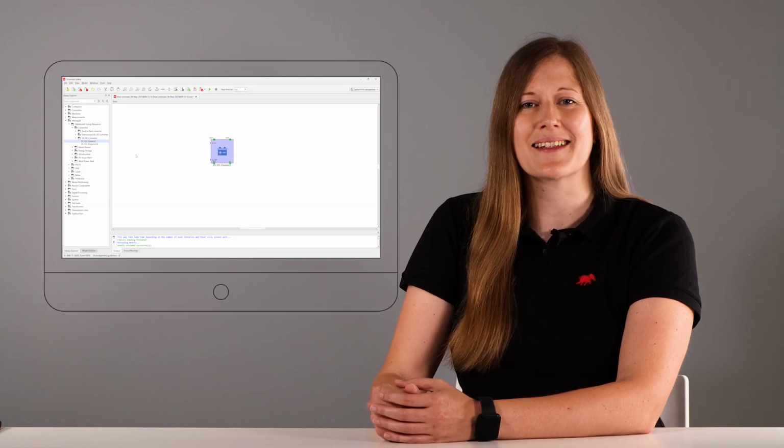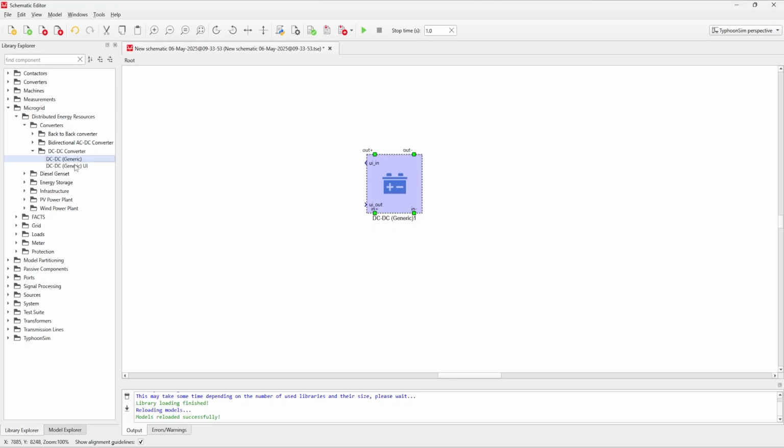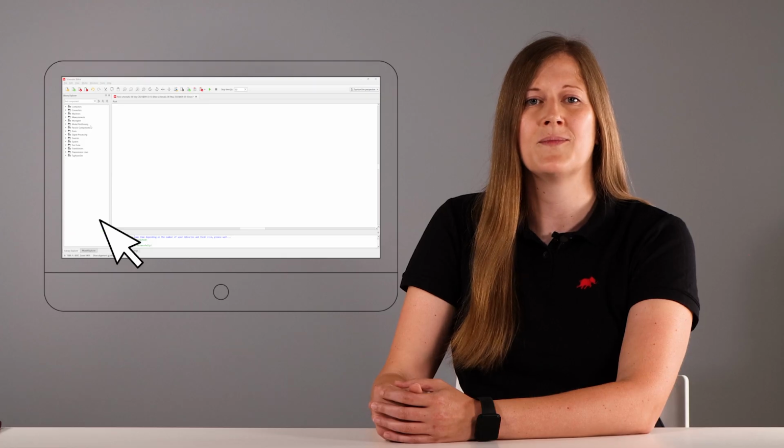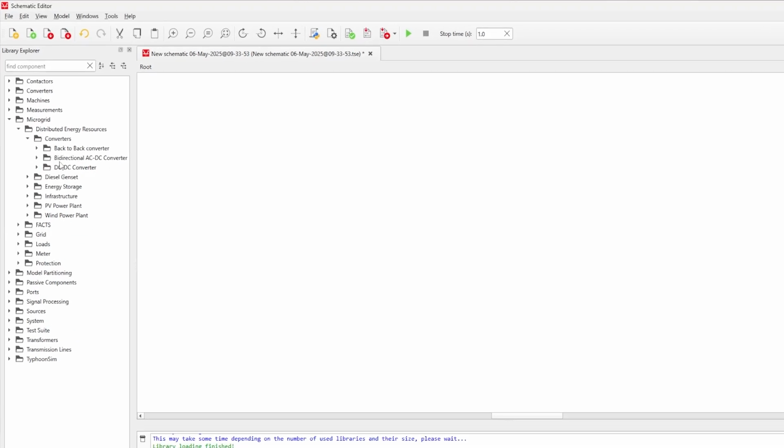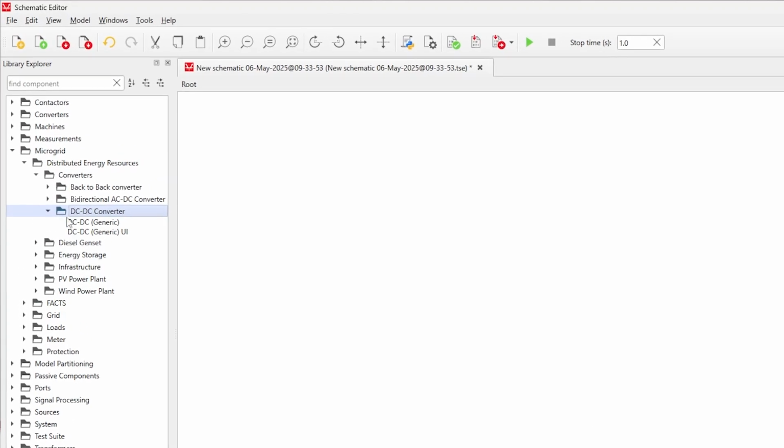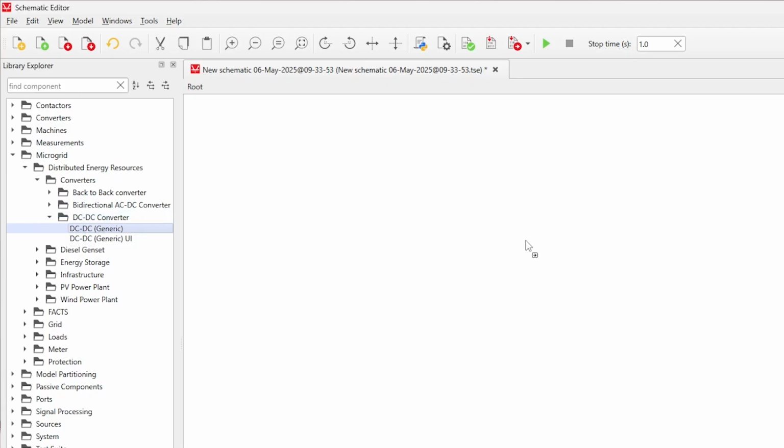This component has one user interface input and one user interface output, which are seamlessly connected to the appropriate input and output on the corresponding generic DC-DC converter UI subsystem. The UI block has built-in probe components for output signals and SCADA input components for input signals. The DC-DC converter UI subsystem is in the same place in the schematic editor library as the DC-DC converter component.